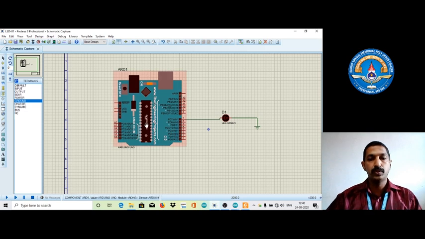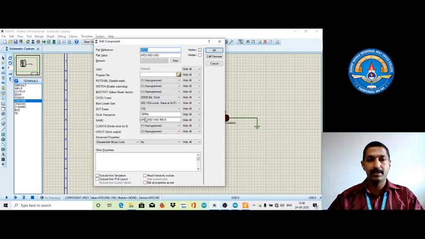Then we need to attach the code to the Arduino board. So just double click on this particular microcontroller. We can see there are many details here: the part reference, part value, etc. We need to go to the program file.